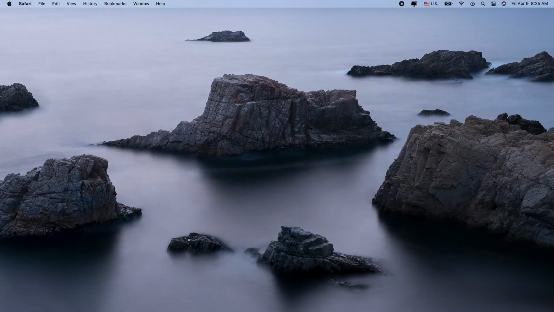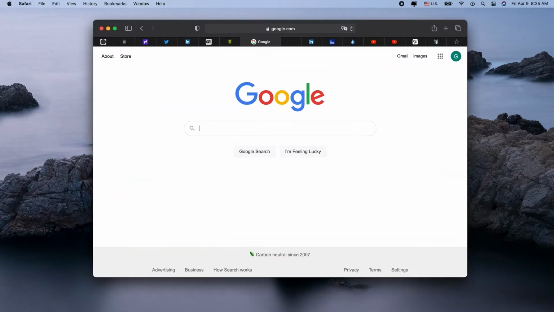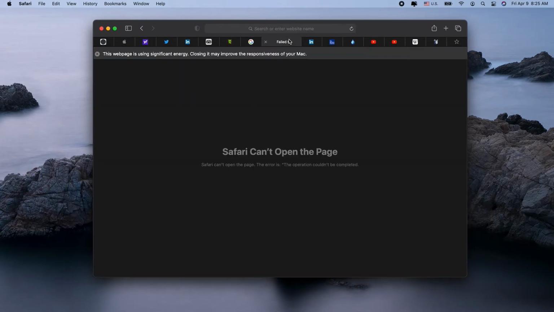Hi everyone. Today I'm going to be talking about what it means when you see the error message, "Webpage using significant energy" on your Mac. I'll also go over some quick fixes and show you some tricks to help you avoid seeing that message in the future. If you're a heavy tabs user in Safari like me, then you're probably very familiar with the error